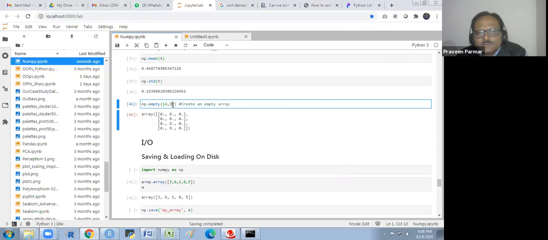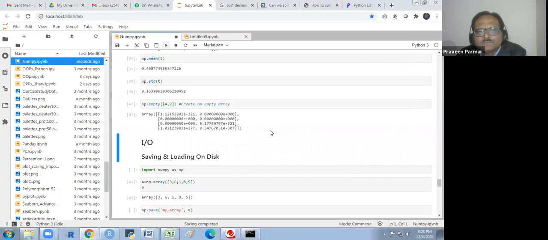Otherwise, we are getting the 0. You see, these all values are near to 0. Okay, that is the empty.